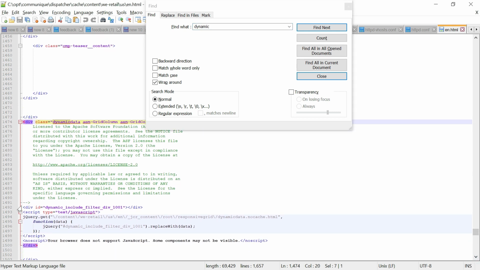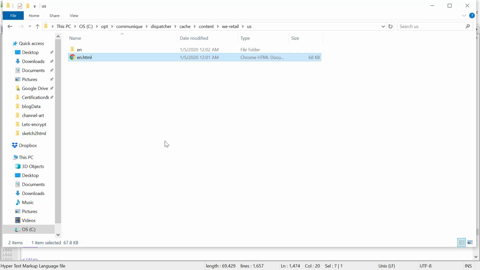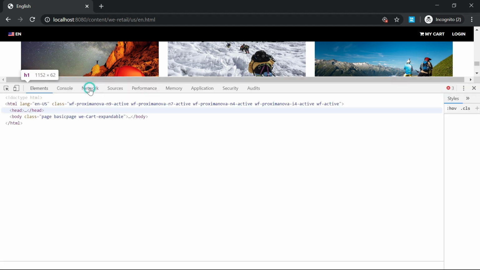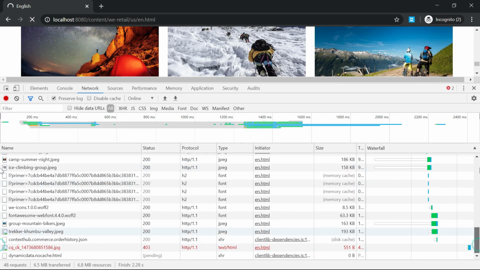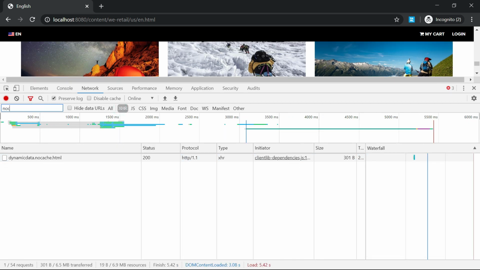this is enabled with some JavaScript. So this JavaScript will do an Ajax call to get the original data. So the browser will do a subsequent call to get the data. Now if I go to the browser and again show you that, if I go to XHR and see no cache, yeah, you see there is a subsequent call from the browser to get the dynamic data.